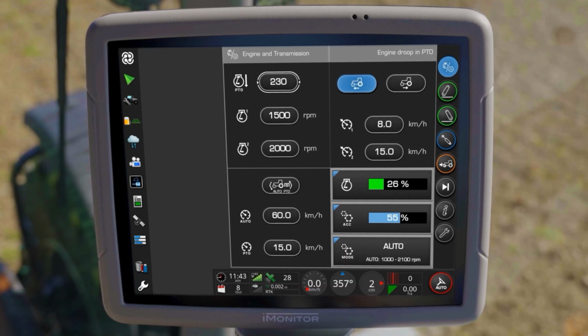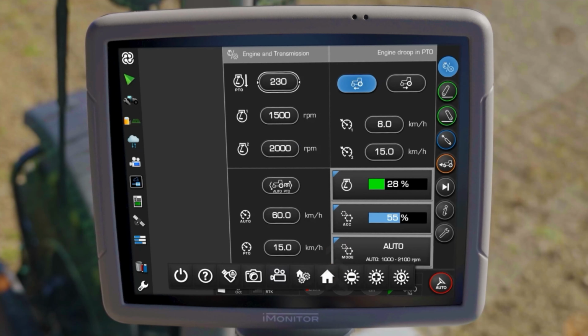In this video, we would like to show you the display adjustment options of our iMonitor. So, this reliable companion gives you the greatest possible overview during the day and at night. To adjust the screen settings on the iMonitor, simply touch the bottom of the screen and swipe up. You will now see the display toolbar. Let's explore the individual buttons now.